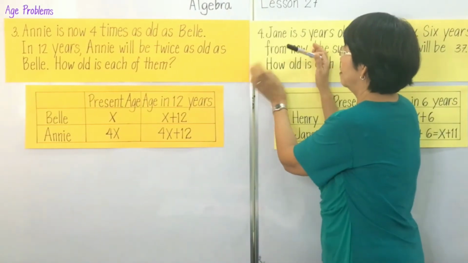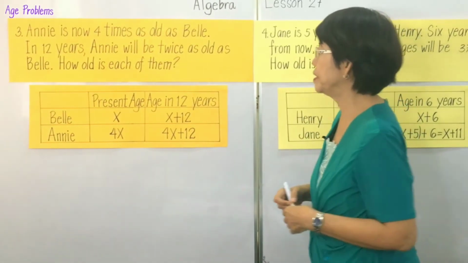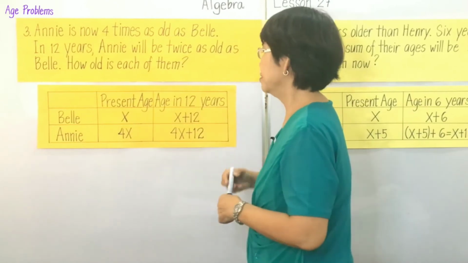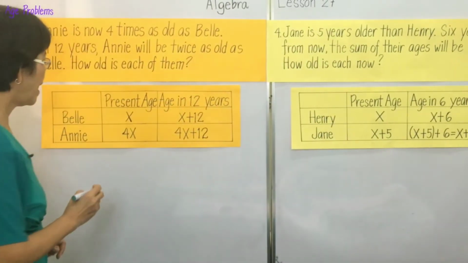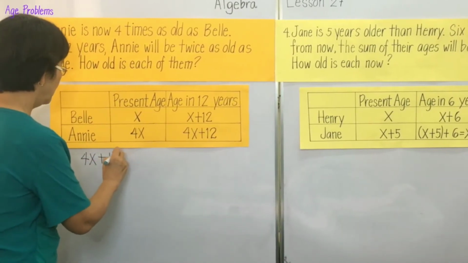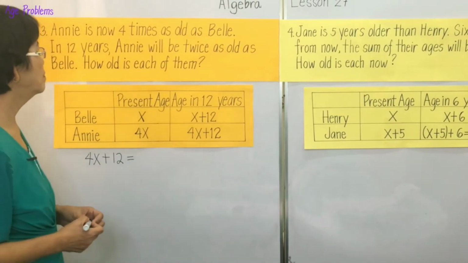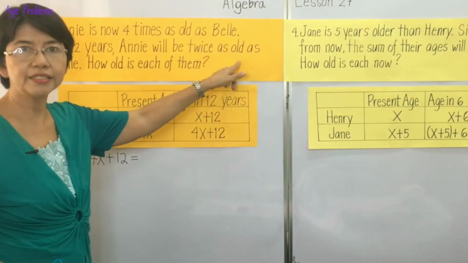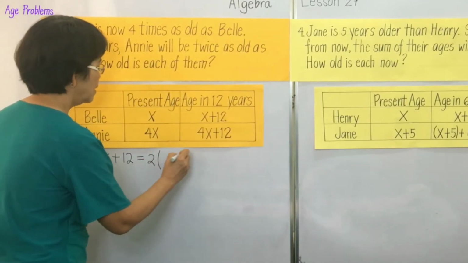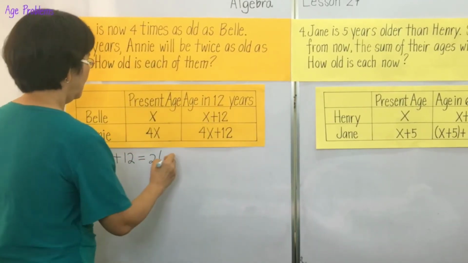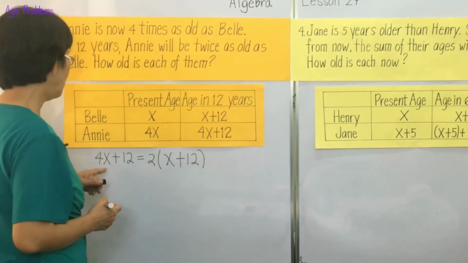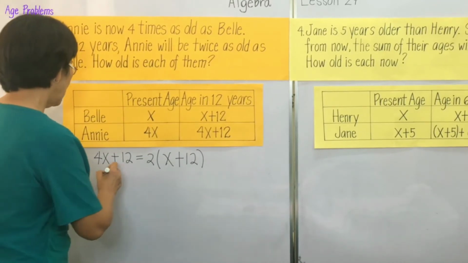So the equation will be: Annie's age in 12 years, so we have 4x plus 12, will be twice as old as Belle. So twice as old as Belle, x plus 12. So 4x plus 12 equals